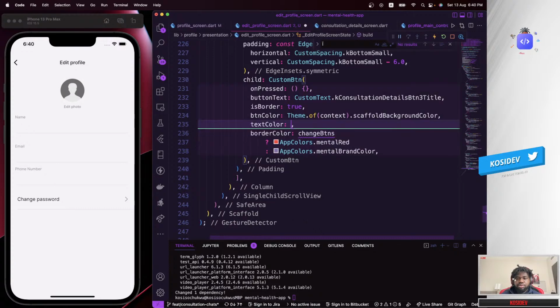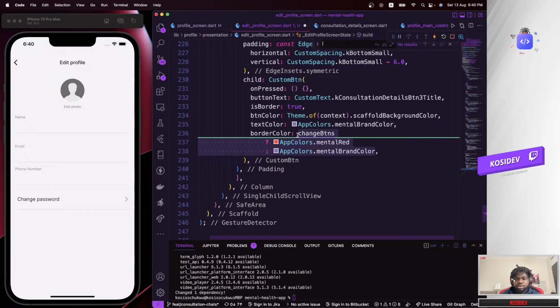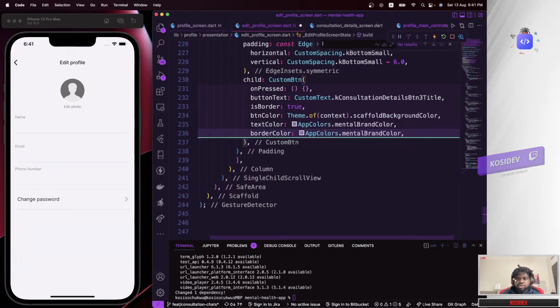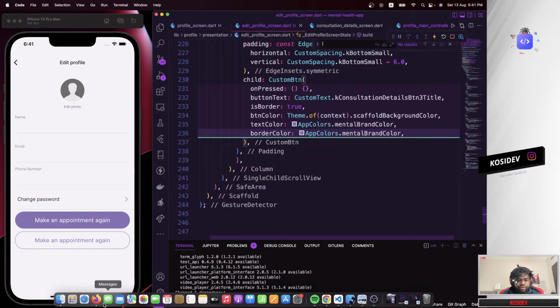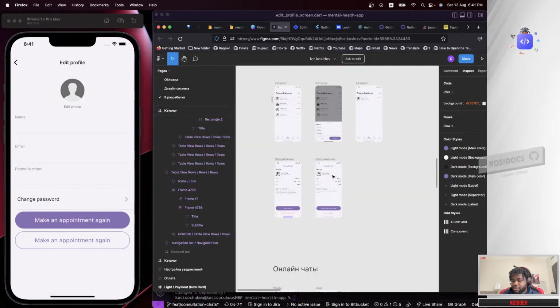Fix this up. Okay, add this, do the same here, fix this up and add this. Okay, so there we go. That's the two buttons we are looking for, which if you look at the design we have here,